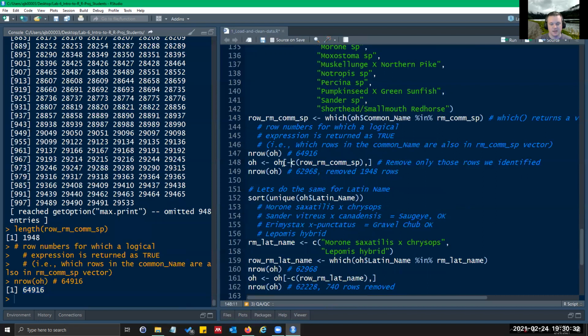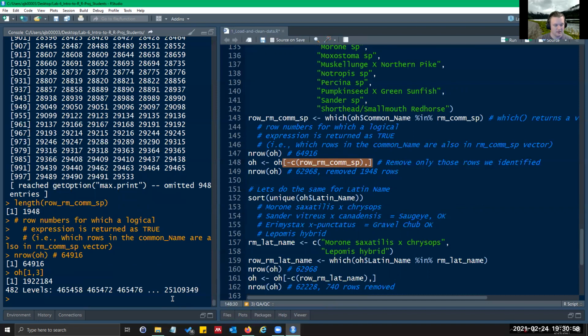And then I'm using indexing here. So indexing for Ohio, you put in the object you're interested in and then use brackets to index. The first one is the row, second one is the column. So if I want to look at row 1, column 3, that's what I would type.